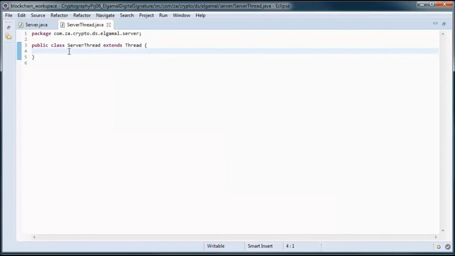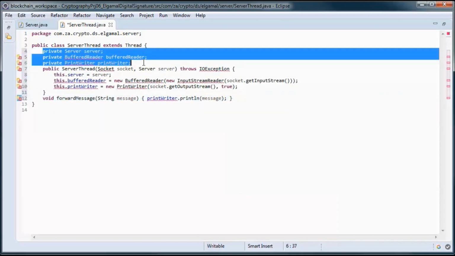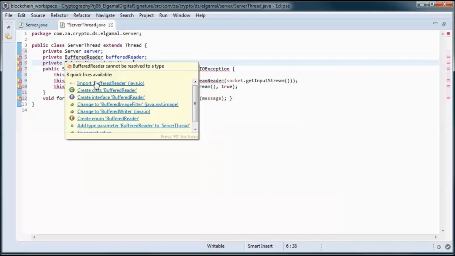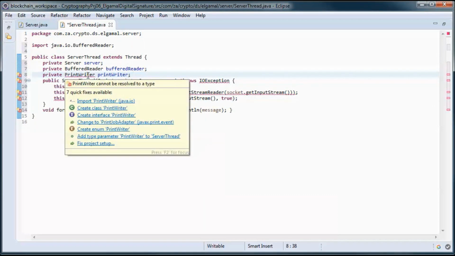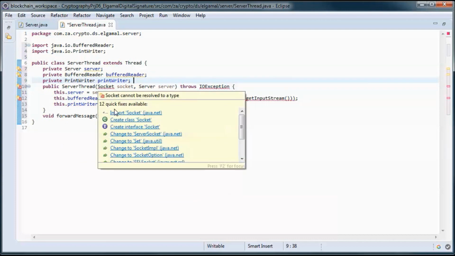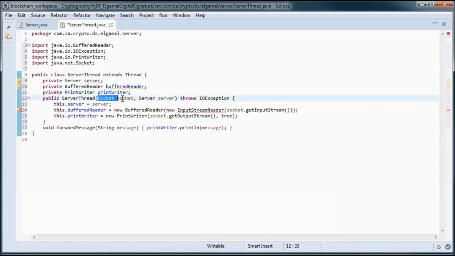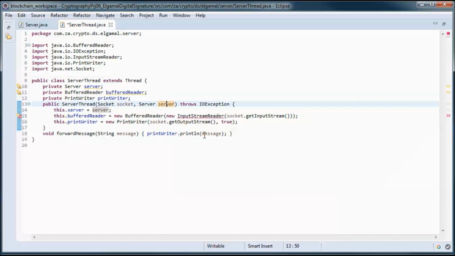And here we will have those three instance variables, a server and a buffered reader and a print writer, and we will initialize those in the constructor, which takes in a socket and a server instance, and it uses the socket to initialize the buffered reader and the print writer.